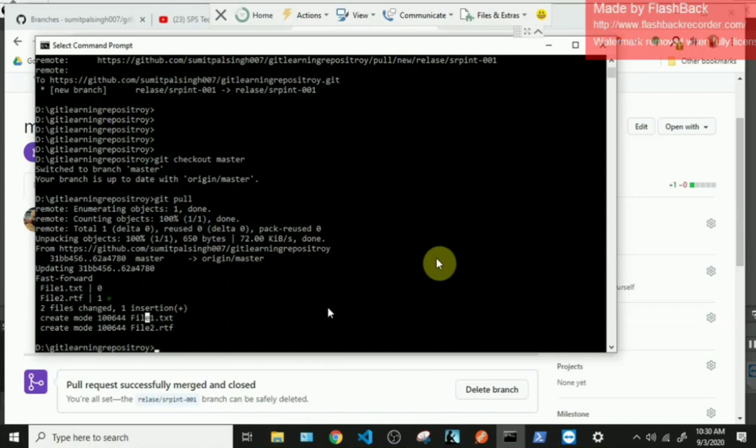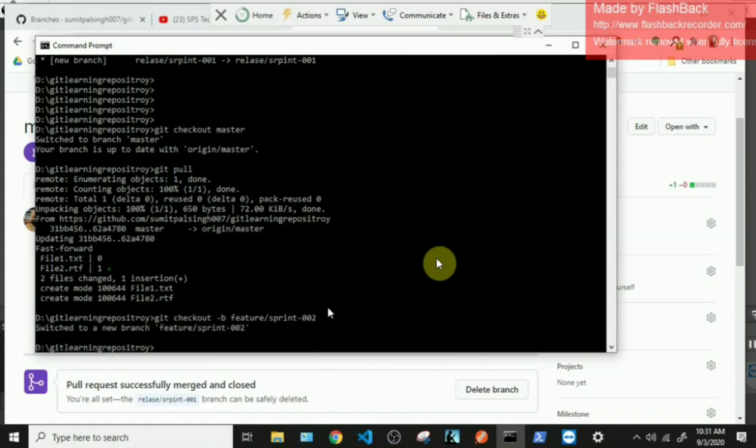So again, for starting of the sprint, I will cut a new branch, git checkout -b because it is a new branch. I will name it as feature sprint 002. Okay. Now, since there are more than one developers working on this sprint branch and they have to make code changes every day, both these developers will create their local branches from this sprint branch, and they will add their code and they will raise a pull request to the sprint branch only, not to the master branch.